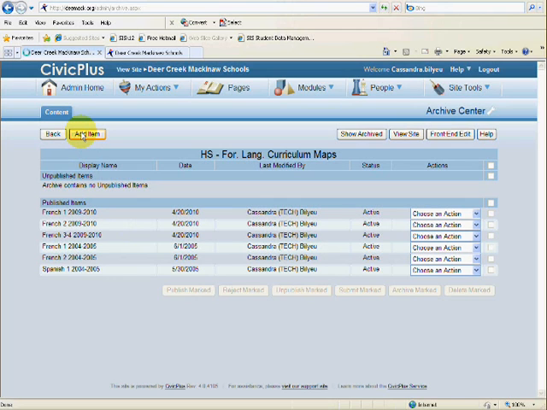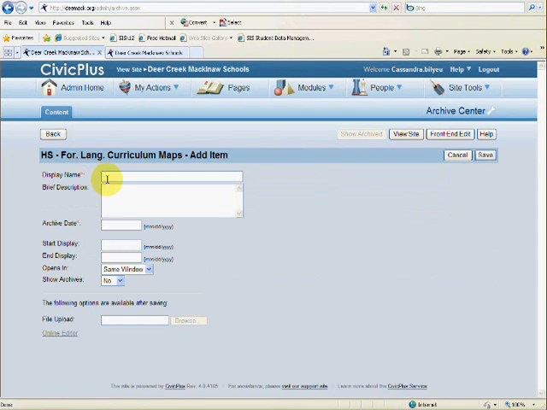I'm going to add an item. And we want to make sure that the curriculum maps are consistently named because this is all searchable, and we want to make sure that we're consistent throughout so that there's no confusion between people. So we're going to name it